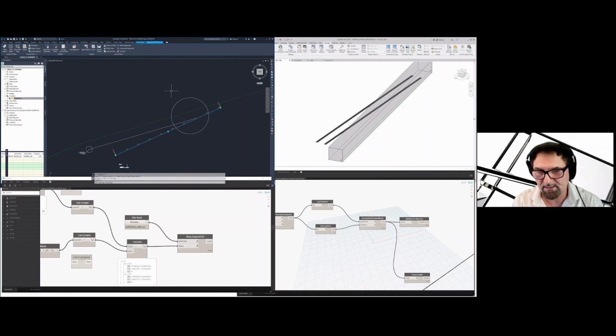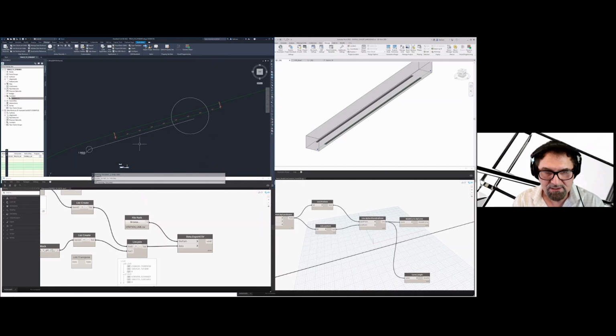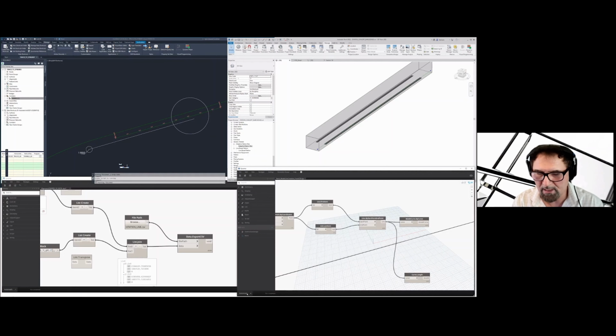Now, both scripts are running automatically and they are triggered by the change in Civil 3D. They're triggered by the change in design of that alignment, and the file is updated. In the Revit script, the change is triggered by the update in the file. So the script, since it's set here to run automatically, is currently reading the data from the file. And if the file changes, this will automatically trigger the entire process and update the model.